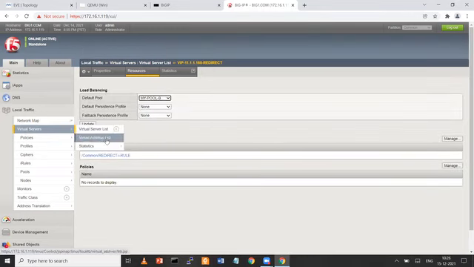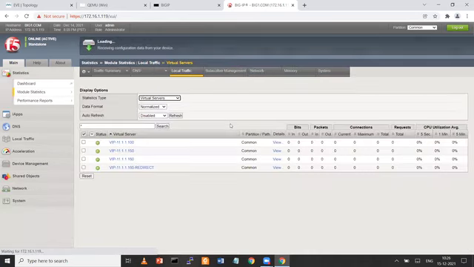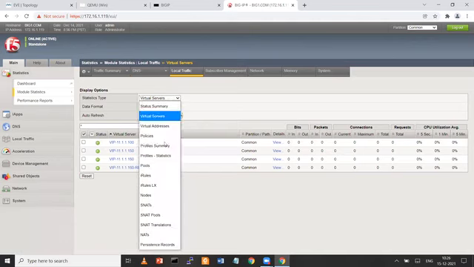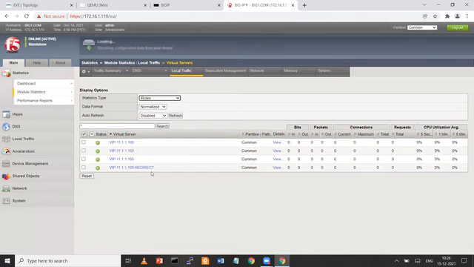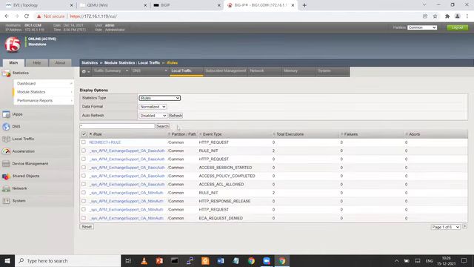And I've shown you how we can check the hits on an iRule. If the iRule gets executed by F5, it always shows the hit. If it's not executed, it does not show any hit. So you just have to select the iRule and see here, total executions showing 0 as of now. Once I do,